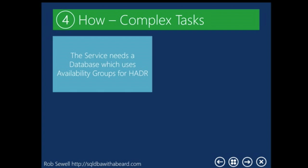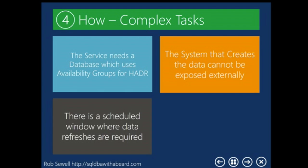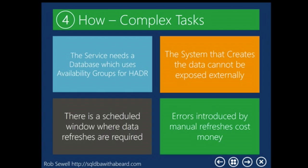So let's imagine that we've got some more complex tasks that need to come through. We've got a service which needs a database which uses availability groups for high availability and disaster recovery. The system that creates the data cannot be exposed externally. There is a scheduled window where data refreshes are required, and errors introduced by manual refreshes cost money. This was an exact situation that I was in at a